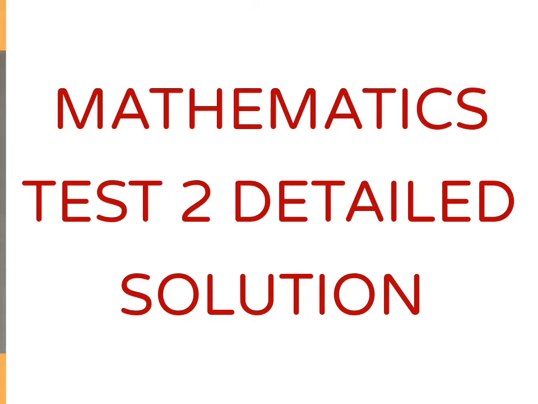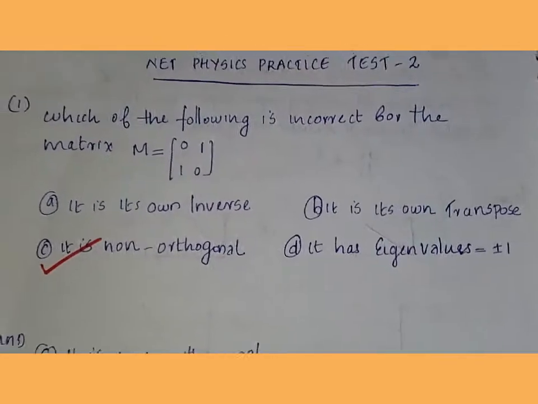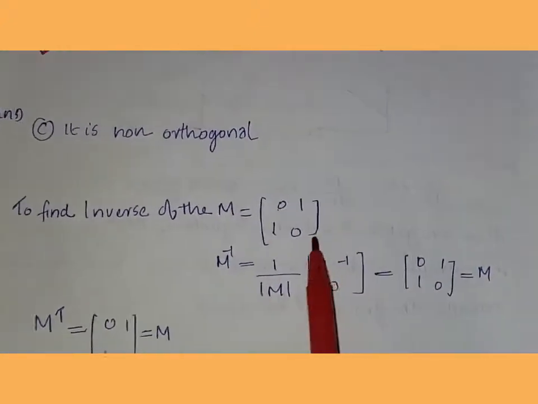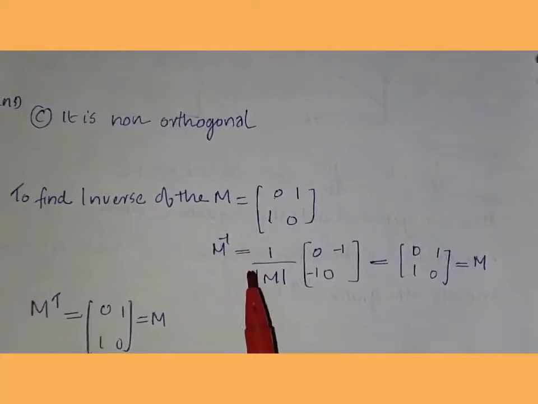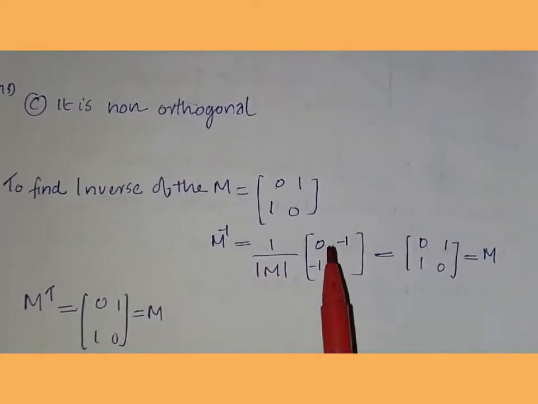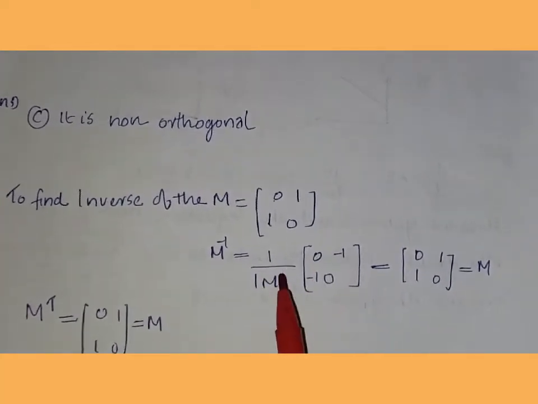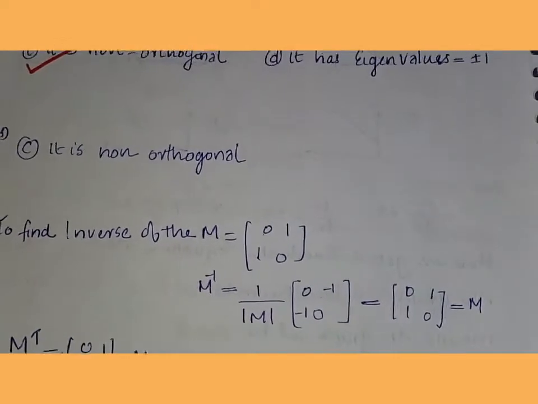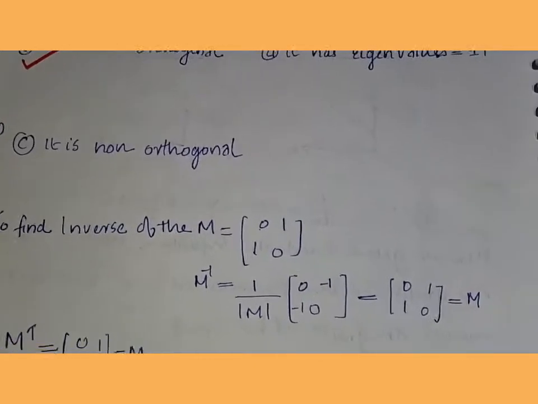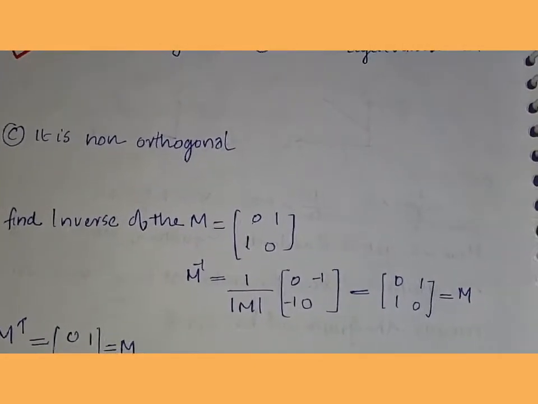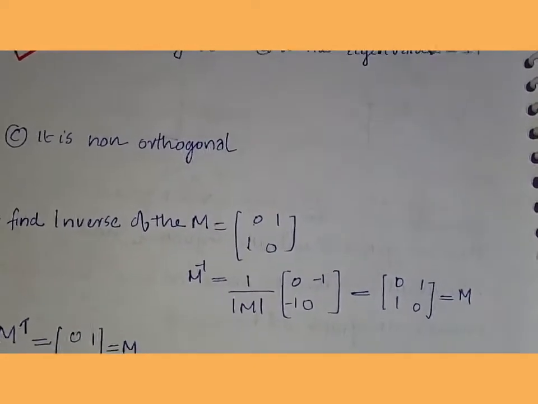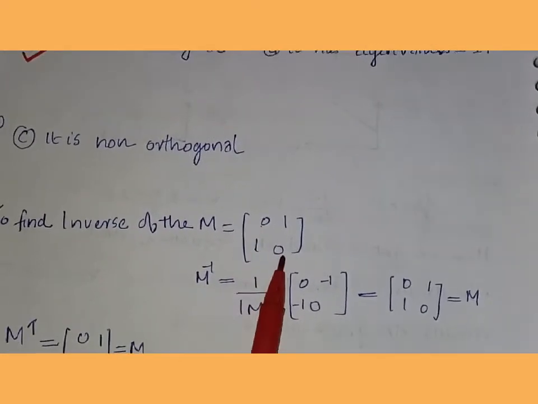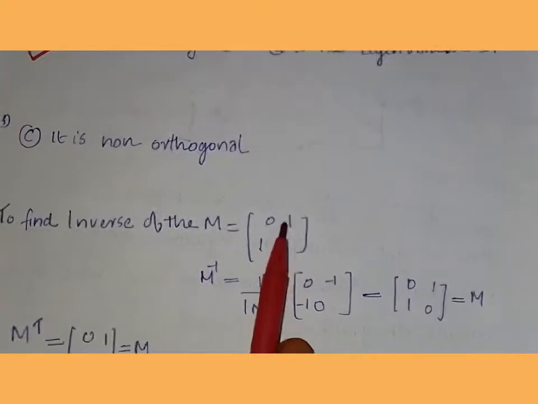Study of the solutions. Here in the first question, the given M is the matrix [0, 1; 1, 0]. So the inverse of this matrix is adjoint M divided by determinant M. To find the adjoint, we know that we have to find the minors and cofactors. But for the adjoint of a 2 by 2 matrix, we just interchange the diagonal values and take the negative of the